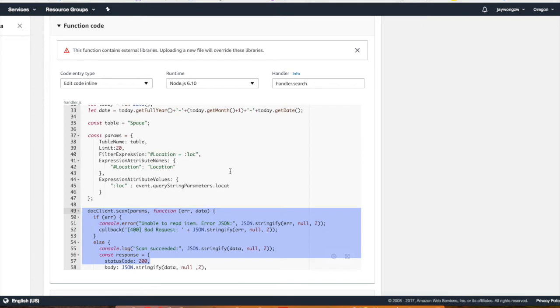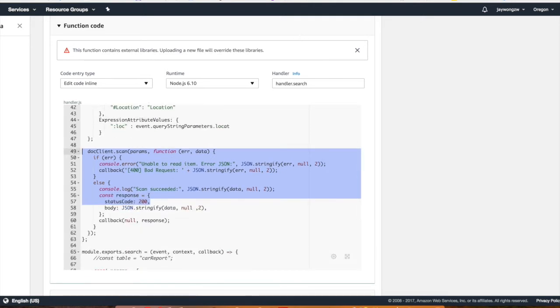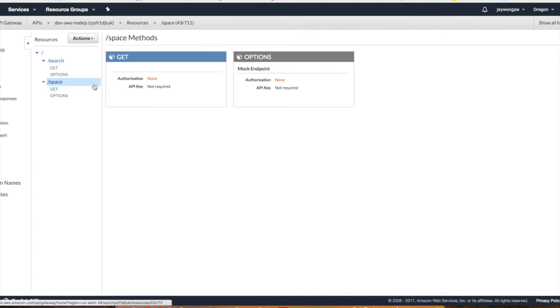And then we have the Lambda functions for our IoT device. These Lambda functions are used for API calls for the iOS app. These two functions are written to read the database and then return the search results back to the iOS app. Here is the API Gateway. We will be using the HTTP GET method to make the API call to search the database, and the response will be the